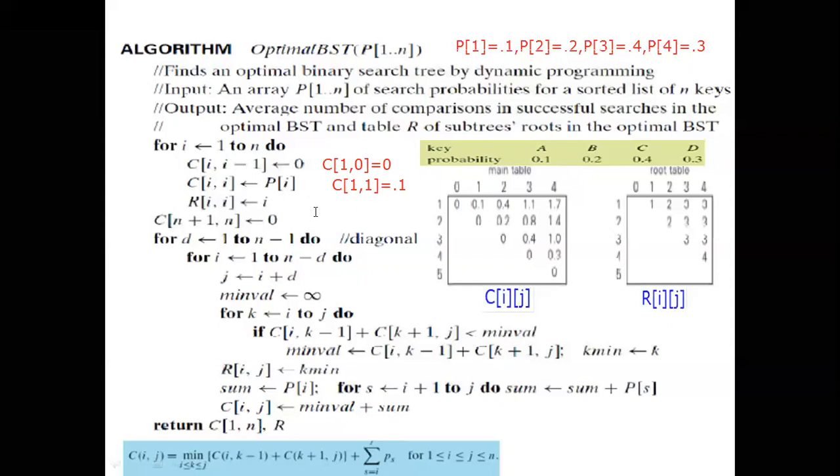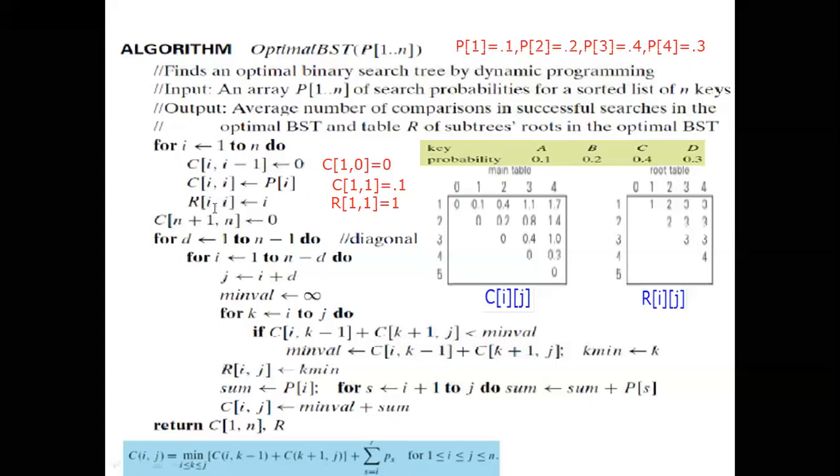What is the next line? Once we solve here, we will get the k value. That k value we have to update here, where 1, 1. What is the current value here? 1, 1. It is 1. That is the next line. The R array it is going to do, that I will do it here. R of I, what is the I value? 1. R of 1 comma 1 is equal to I. What is the current I value? 1. We will see that value in the R array. R of 1 comma 1 is equal to 1. I hope it's clear. Now the for loop is executing one time only.